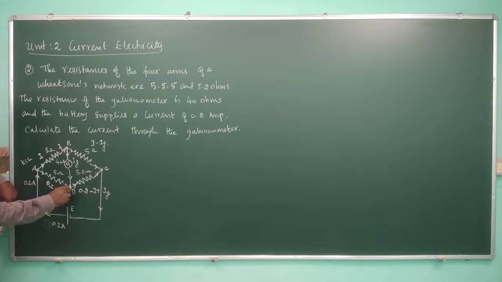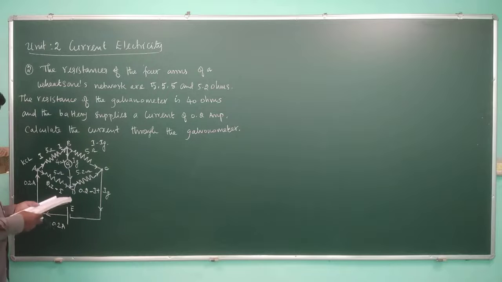And at the point D, there are 2 currents which are coming to this node. One is A to D, another one is B to D. B to D is nothing but Ig, A to D is nothing but 0.2 minus I. Both have to be algebraically summed. 0.2 minus I plus Ig is equal to the leaving current. So that current flowing will be equal to the current coming to this point D. So this is the idea.